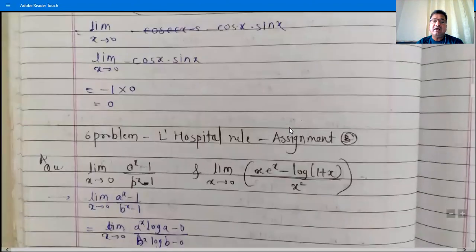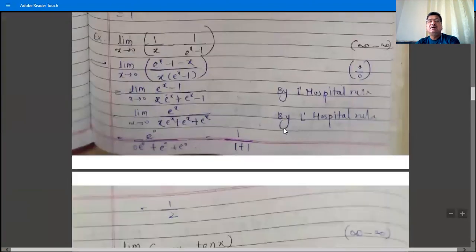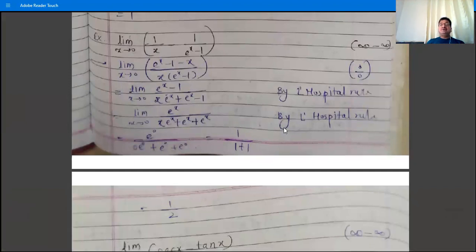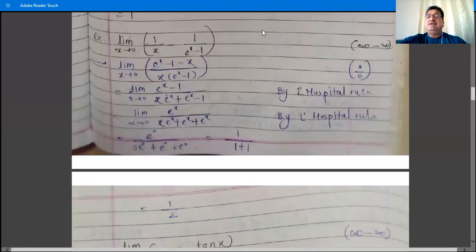We can apply L'Hospital's rule if the limit is in the form 0 by 0. So in order to apply L'Hospital's rule, convert the infinity minus infinity form into the form 0 by 0. To reduce this form, we take the LCM as x into e raised to x minus 1. So we have e raised to x, cross multiplication, e raised to x minus 1 minus x. And then if you find the limit,